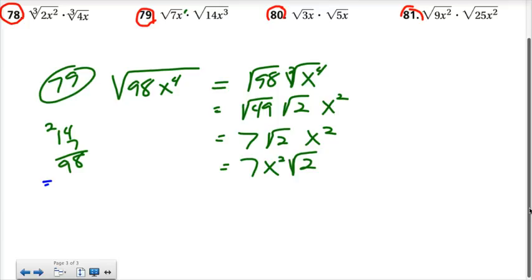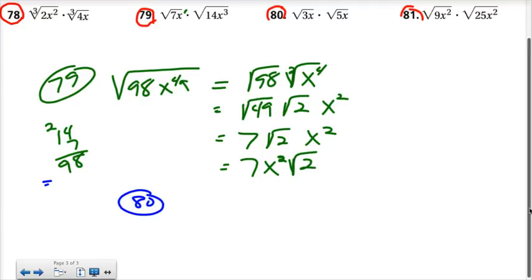Now this was a square root, and originally the author definitely wanted things to come out positive, but we ended up with an even power down here anyway, so we don't need absolute value bars. But that's something we still have to watch out for. Whenever we have variables, we have to think about the intent of the person that wrote the problem. Then number 80,